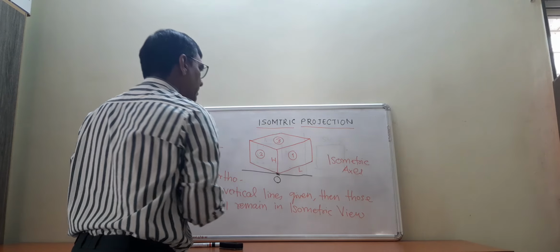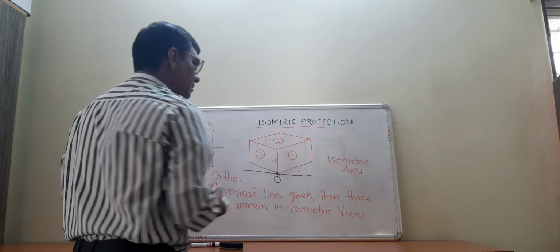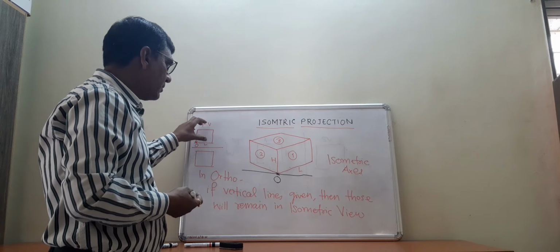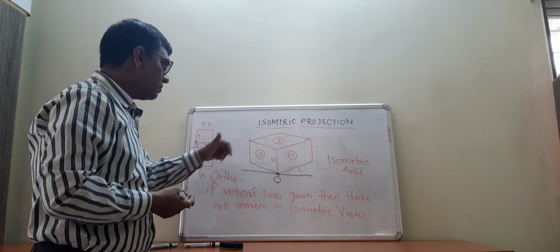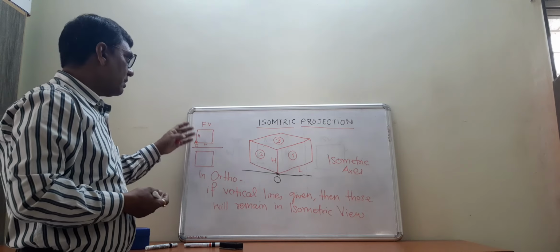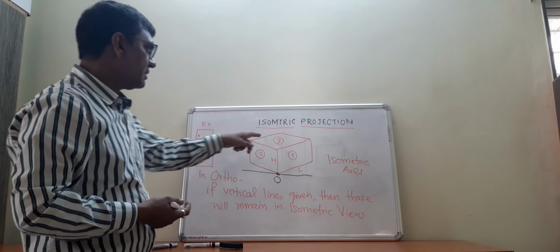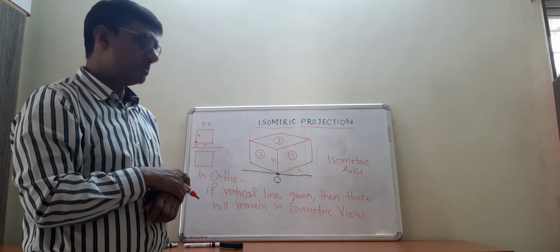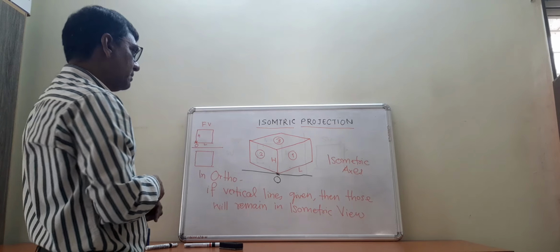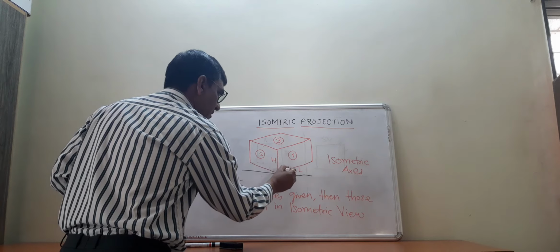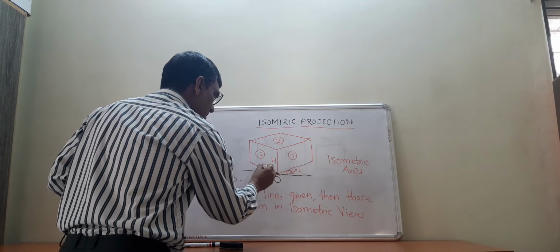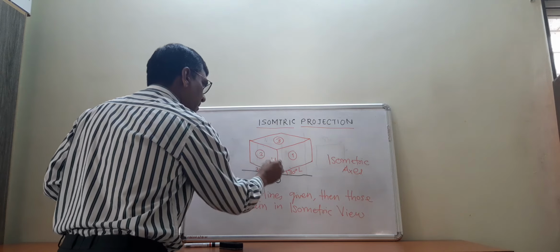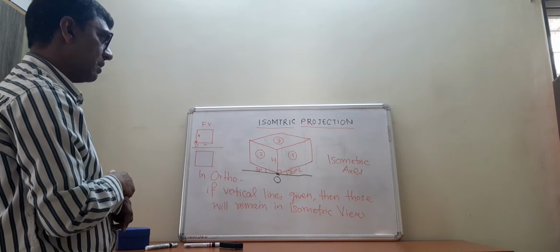And that is how we are going to get three-dimensional cuboid, where surface 1, it is meant for understanding the front image or front view of the given object. Surface 2, it is meant for observing the side image of the object, and surface 3, it is meant for observing top view of a given object. So here this angle is 30 degree with the ground line, this angle is also 30 degree with the ground line, and this angle made by the vertical line, that is 90 degree with the ground line.